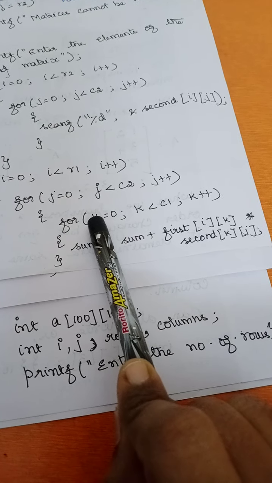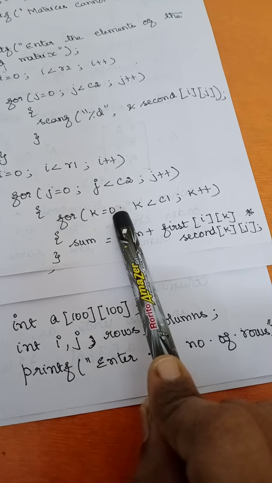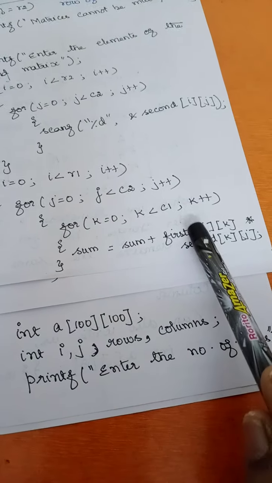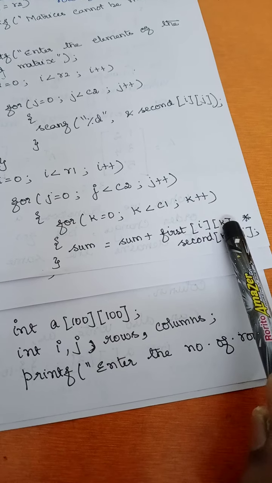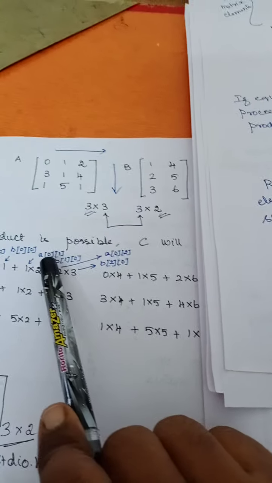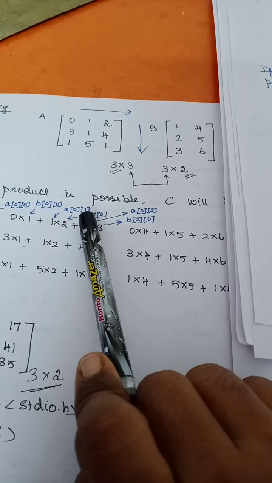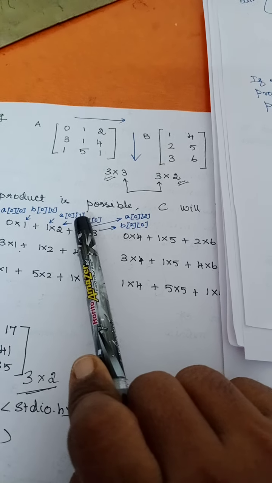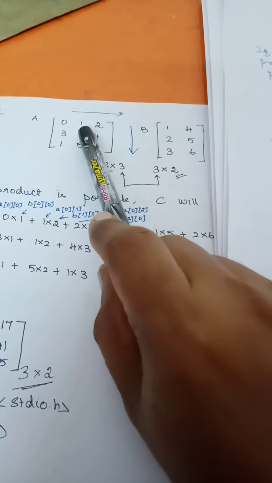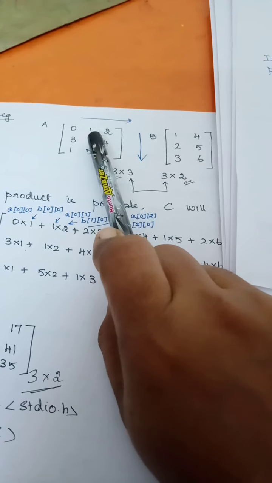I have to vary my k value. So k equal to 1, but i and j are going to be constant. So here first of 0, now my k value equal to 1. When you see here, I am going to make my A of 0, but I need to keep my row constant, but I need to move on to my next column value, right? I need to take this one. We have completed 0. Now I need to do with 1.